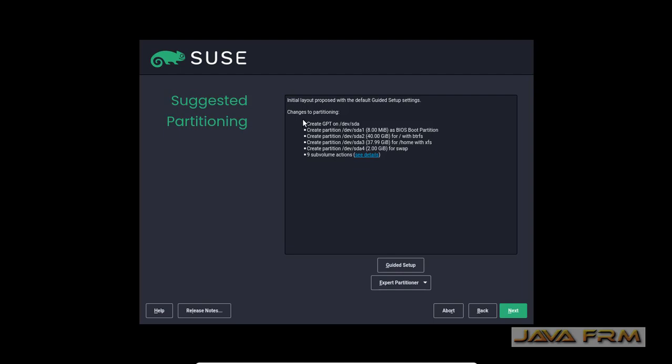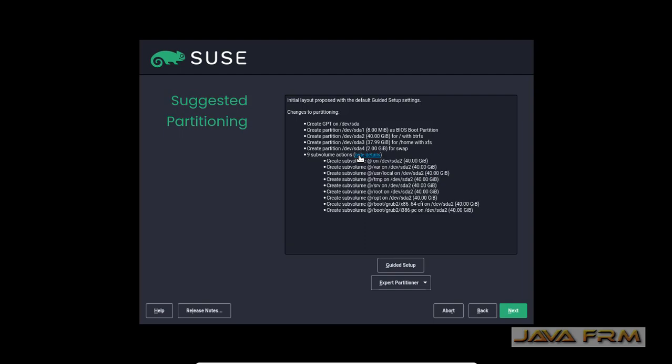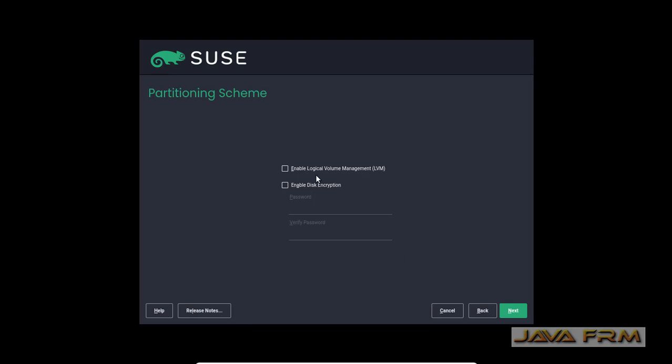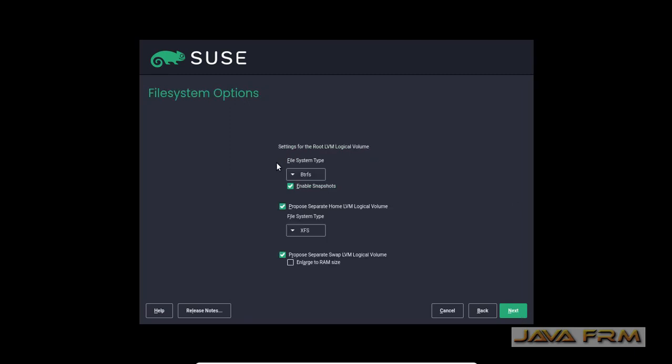Now partitioning. I am going to use guided setup. I am going to enable logical volume manager, and I am choosing ext4 as the file system because ext4 is a standard file system.